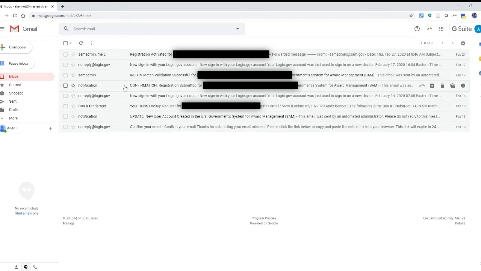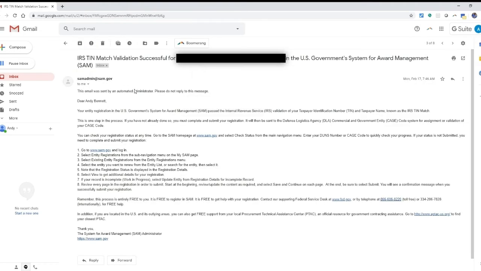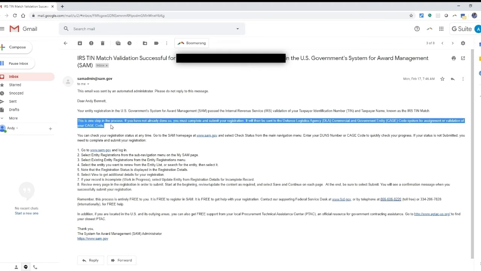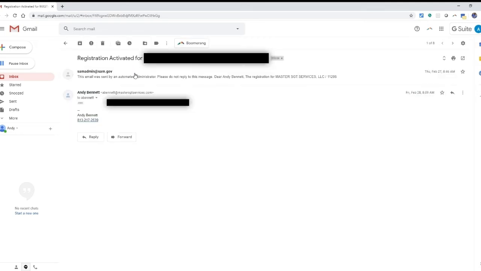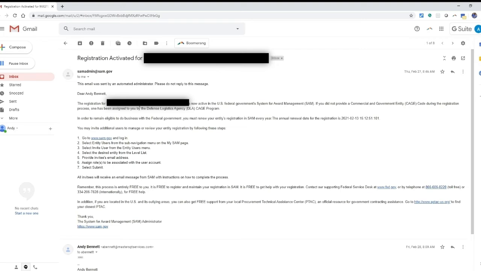SAM is then going to match your IRS information against the information that you provided to them, and then they're going to say, okay, we verified you against the IRS database, we verified you against the Dun & Bradstreet database. Now they're going to send everything over to the Defense Logistics Agency to issue a CAGE code. That's the last verification step. Once they do that, and you can see this was February 27th, so if everything matches, you can see that this took almost exactly 2 weeks, 14 days